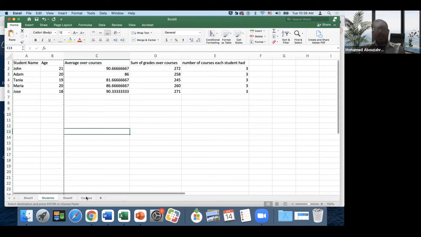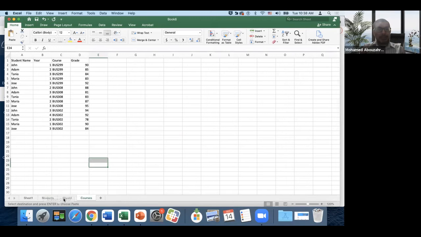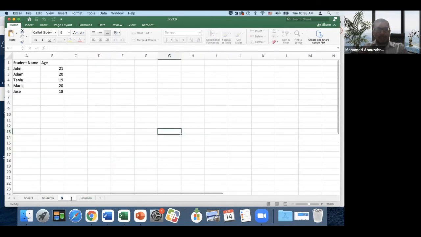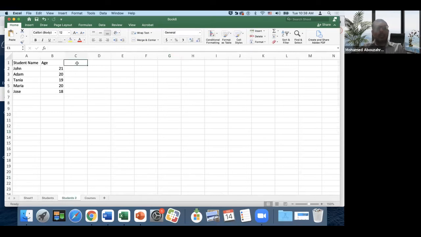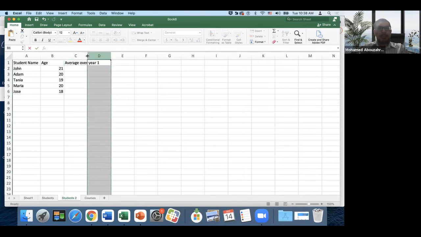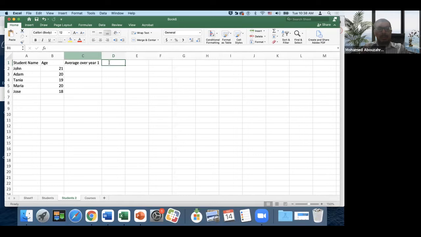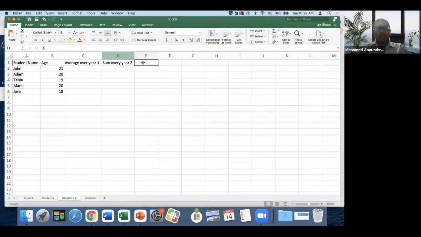What if we want to get, let's call this questions 2, the average over year 1, sum over year 2, count of courses taken by students